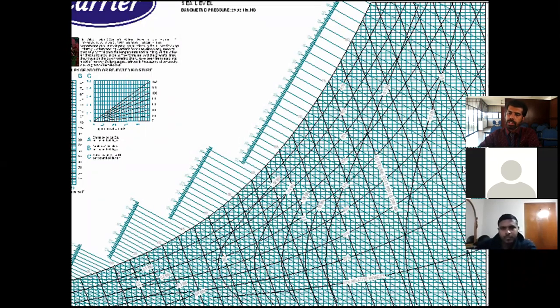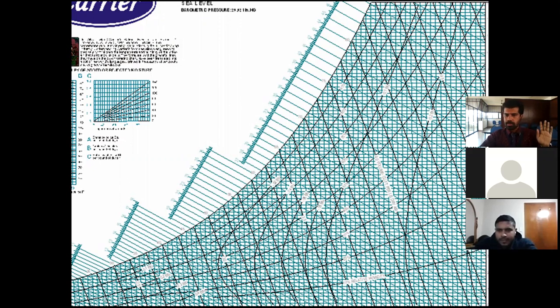Initially, in school days, we used to have this chart. With the help of pen, pencil and scale, we had to note all these things down. Where is that point? Then with the help of a scale, we have to see what this dry bulb is, where this wet bulb is, where this dew point temperature is. All these things we needed to know manually. Now that manual thing is being changed by software.